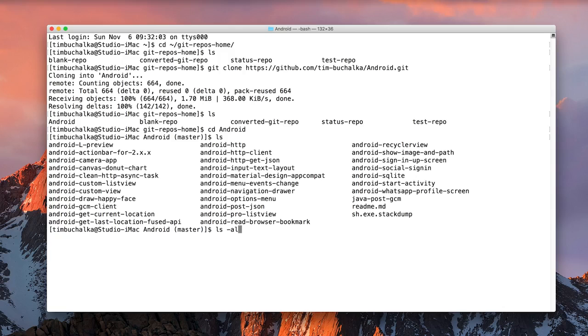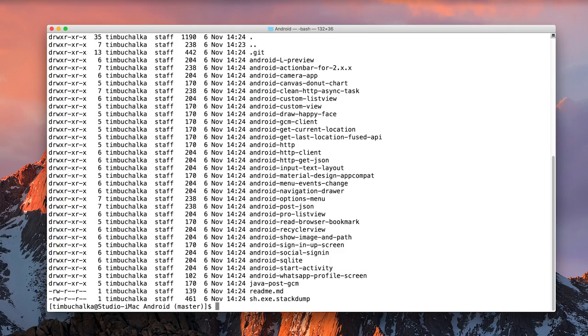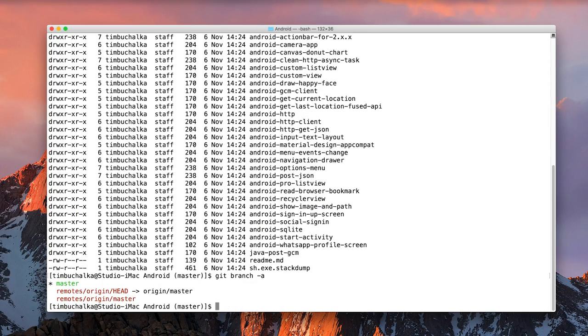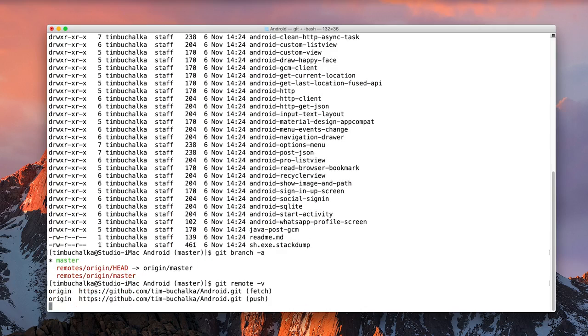And just to be clear, I can do ls space -al, to see it in a better order there. You can see the .git subfolder there. Then we can go ahead and check the branch status. So git space branch space -a. You can see we've got the master branch, which we've currently got, and then the origin/master, which is telling us that in this case, it's come from GitHub. All right, now the other thing we can do, we can type in git space remote space -v, and it gives us the location for both fetch and push,